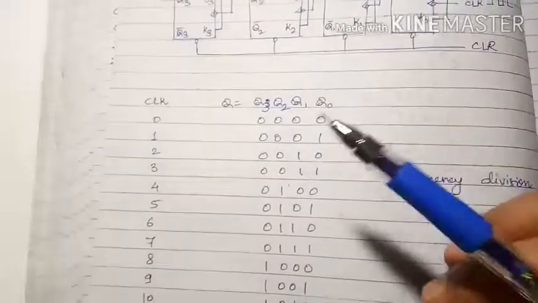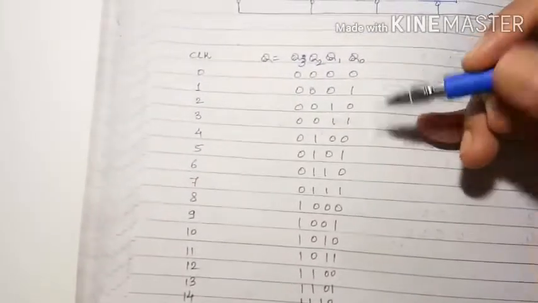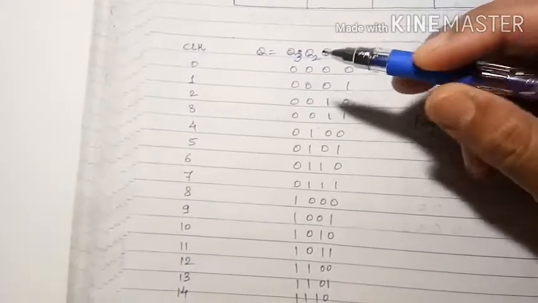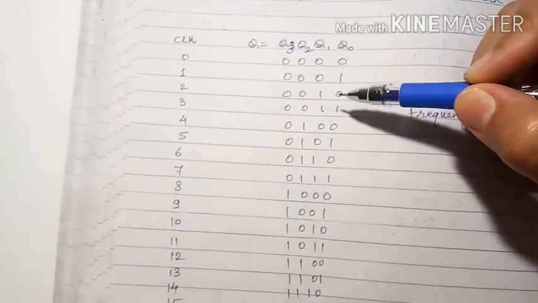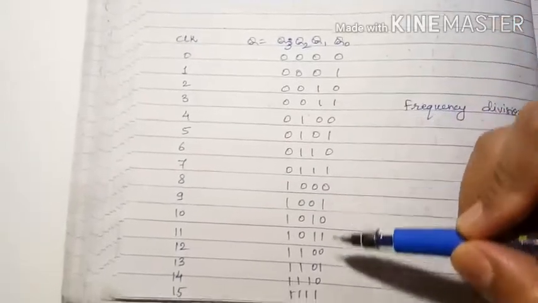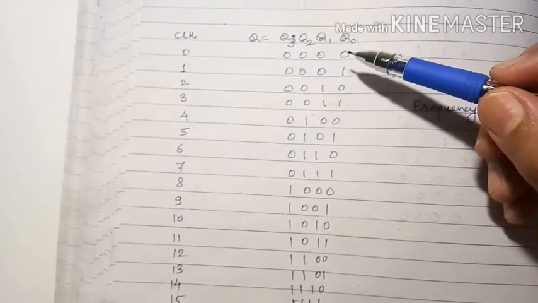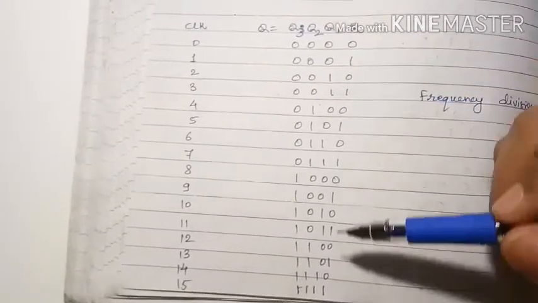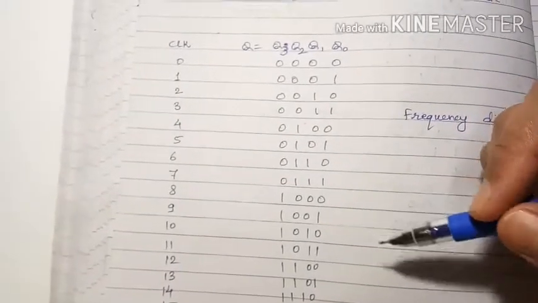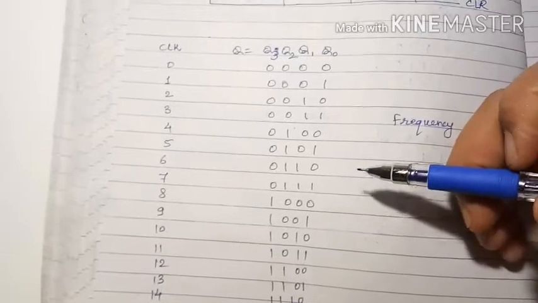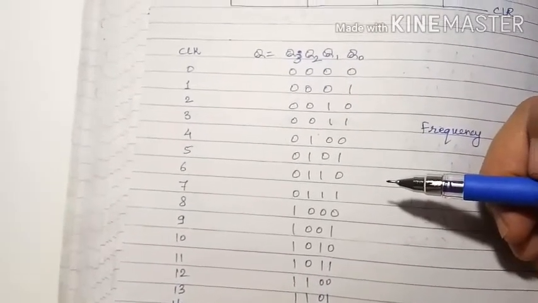In the same manner, you can observe the function table with each clock pulse. If we count the clock pulses, this is binary 0, 1, 2, 3, 4 and so on up to 15. So in total it can count 16 clock pulses, from 0 to 15. So it performs the frequency division operation. How? We will see its pulse diagram in the next class.